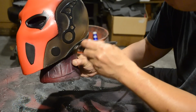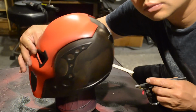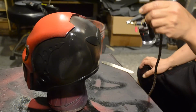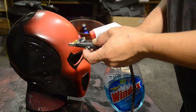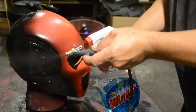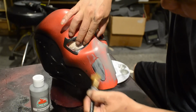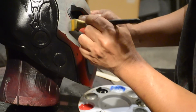The benefit of having a brown back piece is that I can ensure that I have complete coverage of black paint. I always clean my airbrush with Windex between every coat. This prevents it from clogging up. Sometimes I prefer to use a paintbrush. This makes it easier because I don't have to set up the airbrush or clean it, and I can really get in there